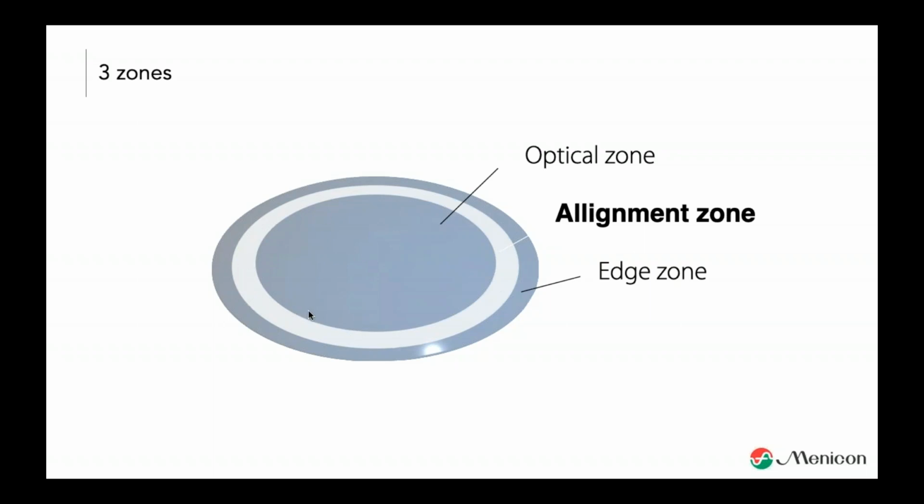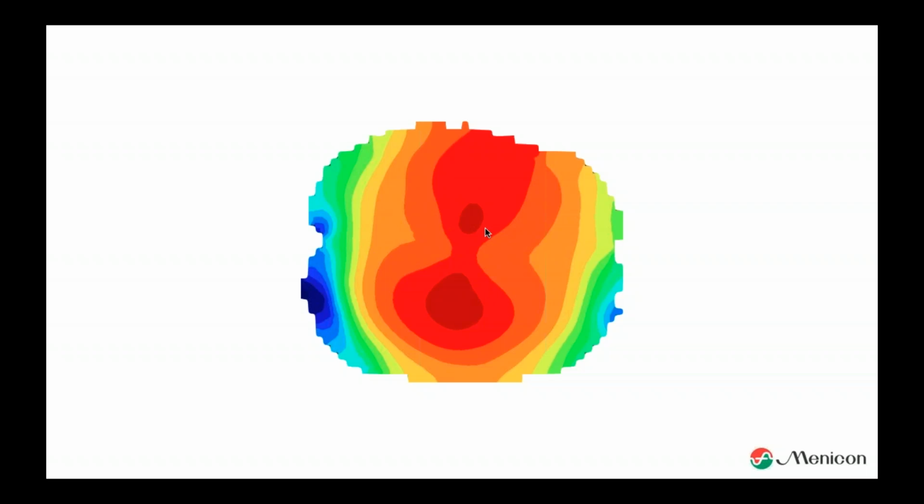So if you have your map and you only use the center area for the K readings, but in fact the lens is fitting in a totally different area, well, we do a very rough estimation. We are guessing more about the fit than we actually fit the lenses. So what we're doing these days is fitting the lenses on K readings in the center, and we work our way out. And our approach is we have a topographer.